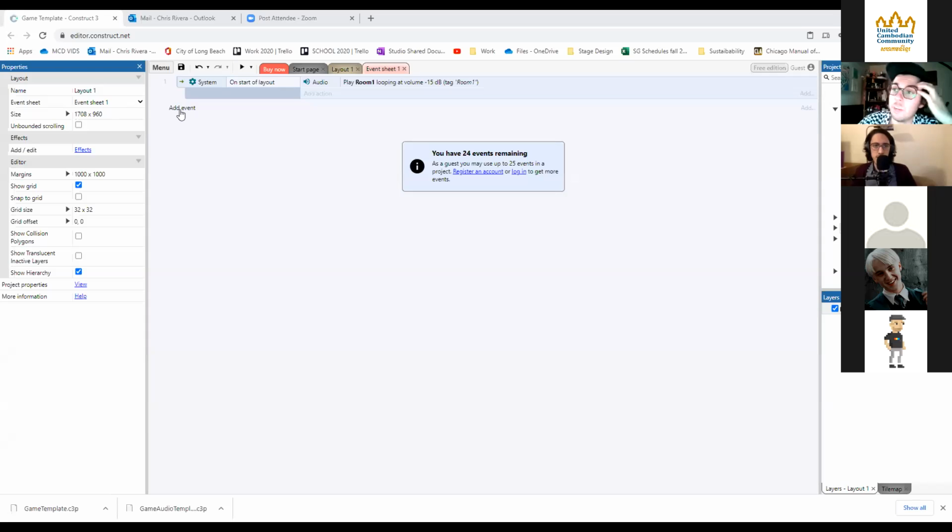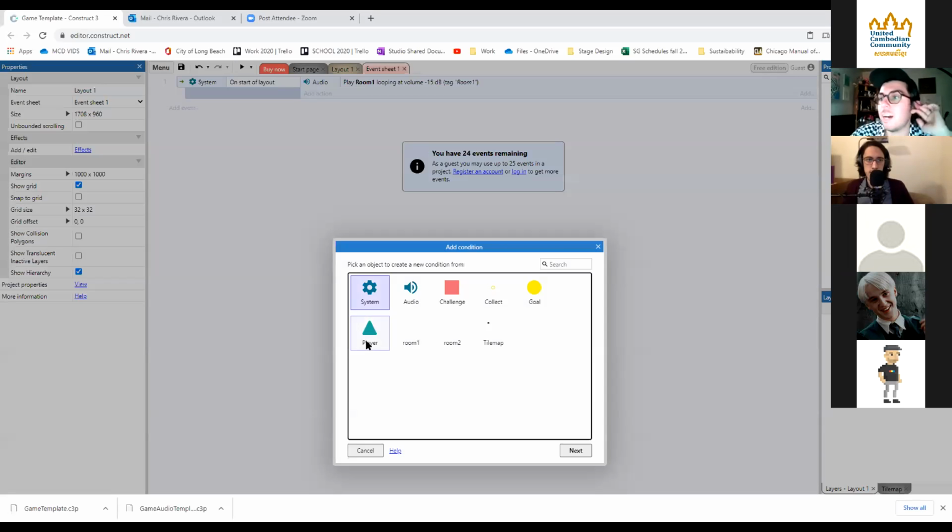All right, so where did I leave off? I'm going to add an event. I put it into words. I'm saying when my player collides with this yellow circle, I want the circle to be destroyed, and I want it to play a sound. Maybe you already have your game coded so that when you collide with something, it gets destroyed. You could just add this piece of code to that, and I'll show you.